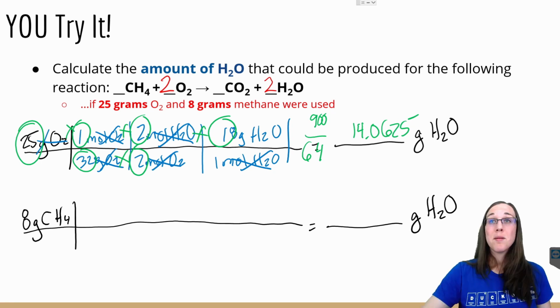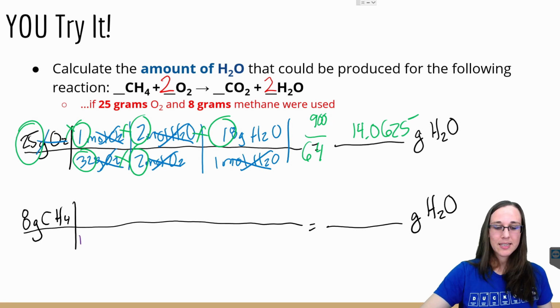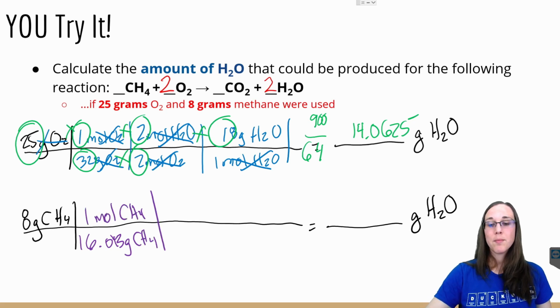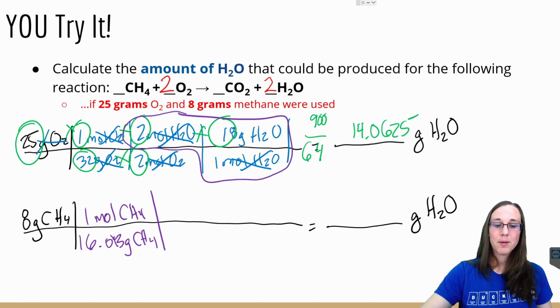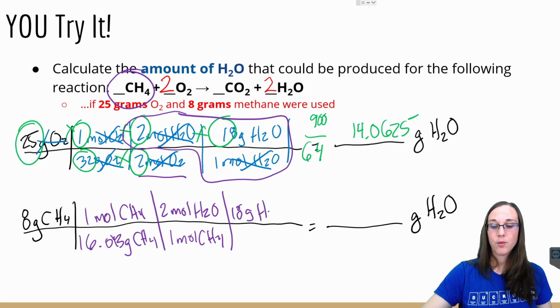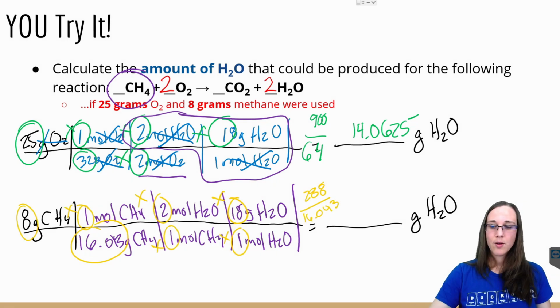How about the methane then? Methane we already determined weighed 16.043 grams in 1 mole of methane. And from the balanced chemical equation, we found that all of this is going to be the same. But the thing that changes is my reactant side. I only have 1 mole of methane, so I should put a 1 here instead of a 2. But the rest of this is all going to be exactly the same as before. So 2 moles of water and 18 grams of water in 1 mole of water. Now plug into my calculator, which gives me